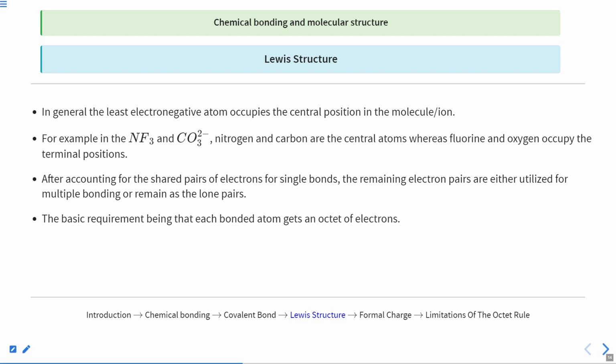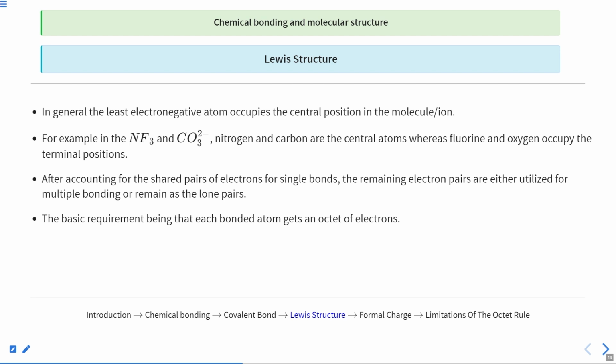Now let us talk about some rules. Now we have seen that the central atom is there and the side atom is there. Sometimes the charge is there on the central atom in case of NH4 plus, and sometimes the charge is there on oxygen like in CO3 2 minus, or on the side atom. How will we decide it? So the logic is very simple. What we have to see simply is which is least electronegative and which is more electronegative. Most electronegative will bear the negative charge, and least electronegative will bear the positive charge. Okay,